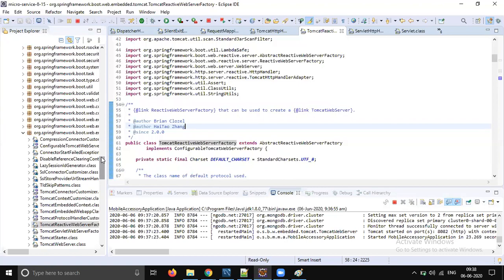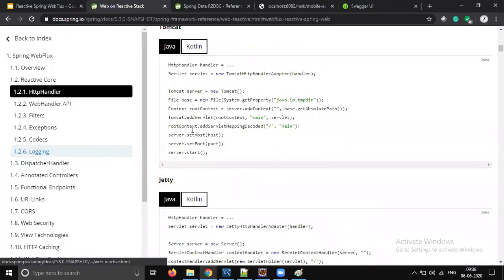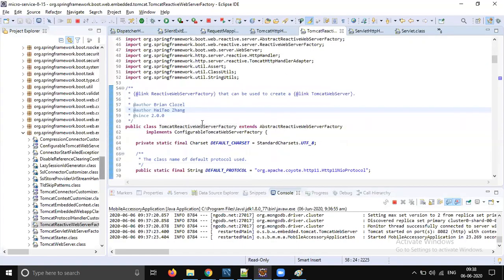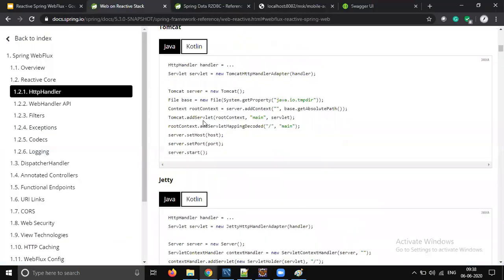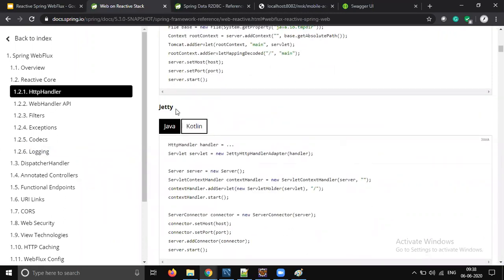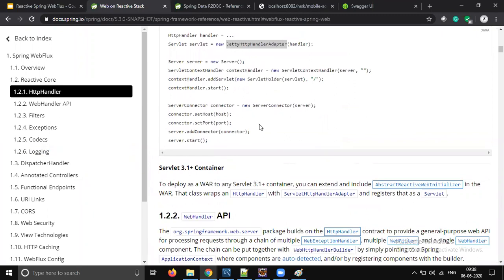Okay, but this is what happens when we use the Tomcat server, right? I showed the classes, so that is the code which is going to be executed with Tomcat Spring WebFlux. If you use the Jetty server, there is some other HTTP handler, but it's going to be some HTTP handler which processes our request.